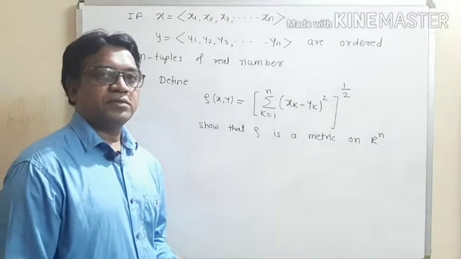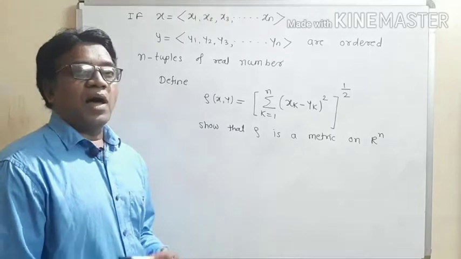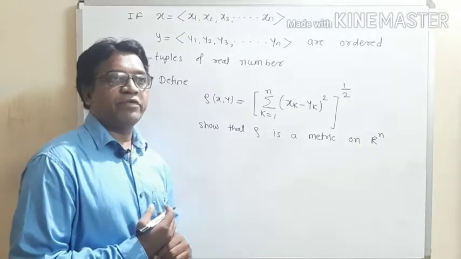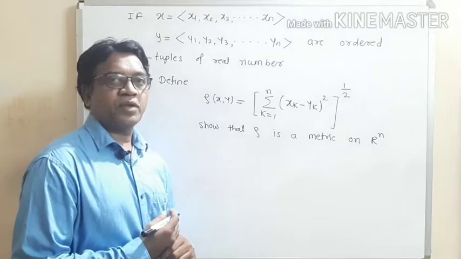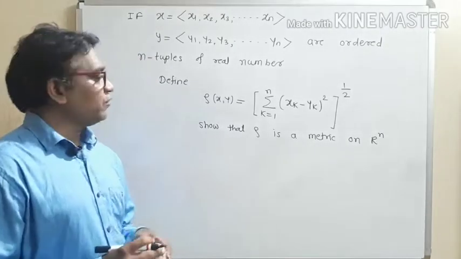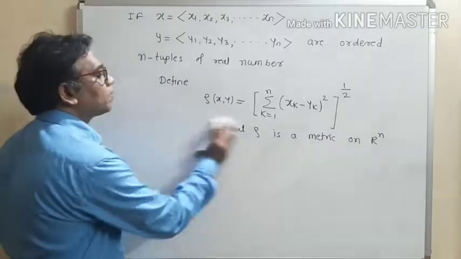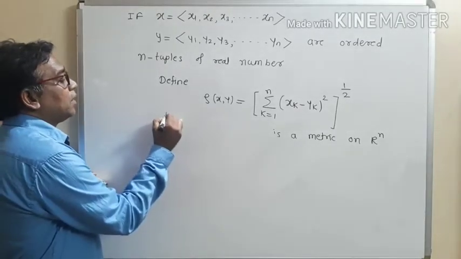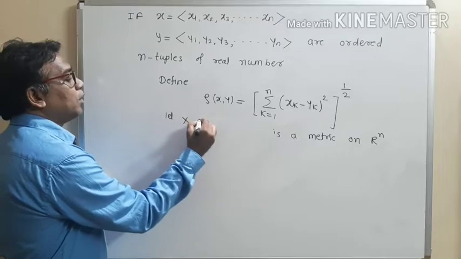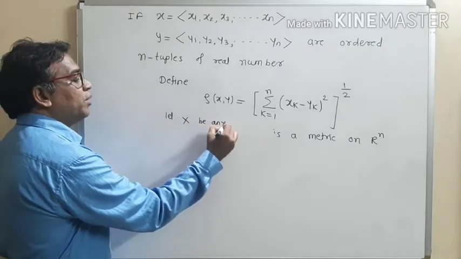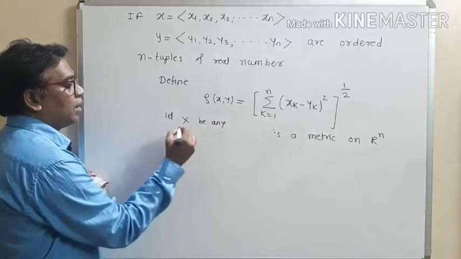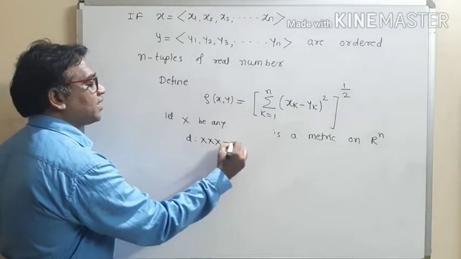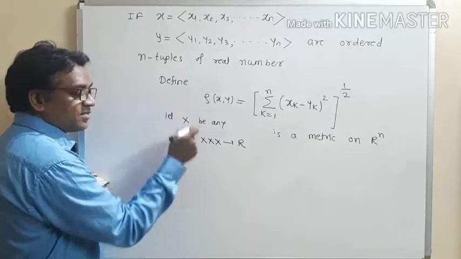So friend, last time we have seen the definition of metric space. Now see what is the definition of metric space. Let X be any non-empty set and if D is a mapping from X cross X to R satisfying the